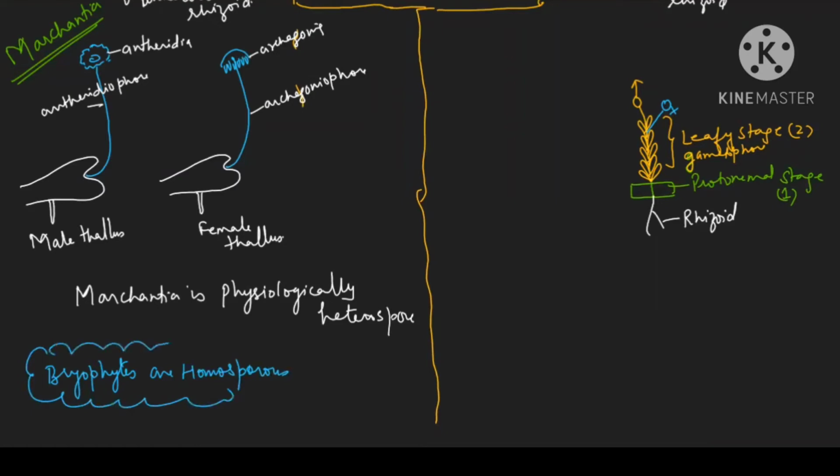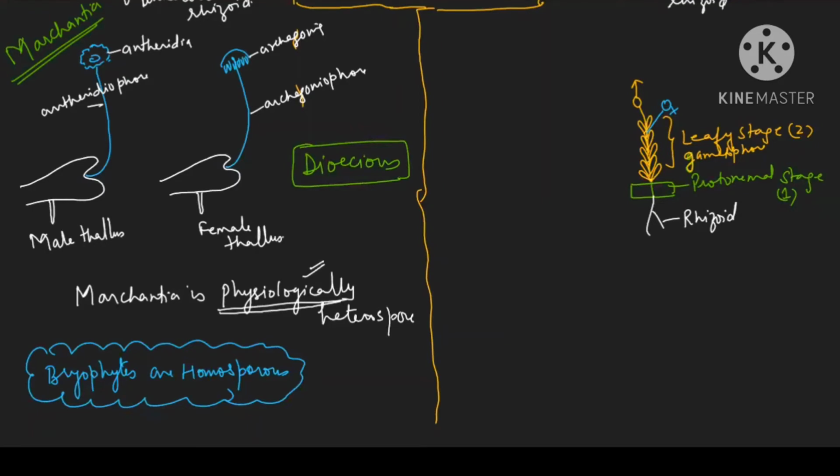They are homosporous. I am saying functionally, meaning behavior. One is trying to work as a male, one is trying to work as a female. But they are not heterosporous, they are only behaving. Physiologically means behaviorally, means functionally they are trying to act. Up till here clear? Now if you see the diagram, I have drawn two thalli, one male thallus, one female thallus. So we will say two different thalli are there. So this is a case of dioecious. Marchantia is dioecious.